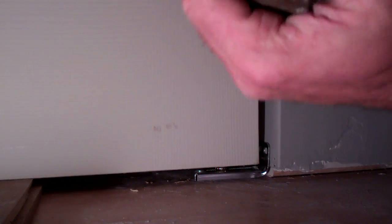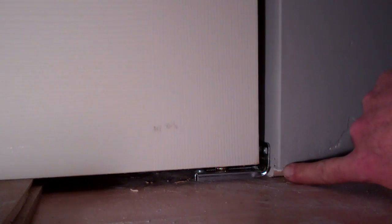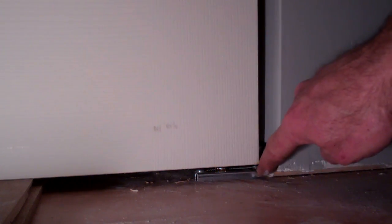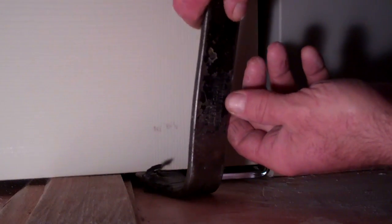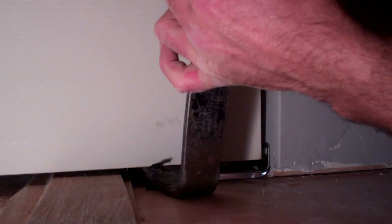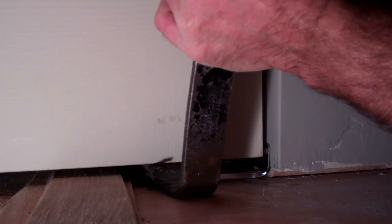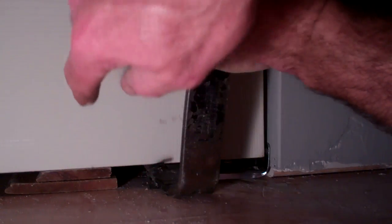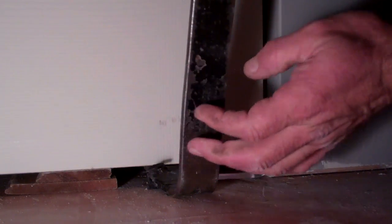Okay, so this is the most uncomfortable video position I've been in. Hopefully this will come out. Corner of the closet. Here's that bottom bracket we installed on the floor here. Here's my shingles. So I'm going to take my pry bar, lift the bottom of the door up carefully. This is a good time to have an assistant handy too to maybe stabilize things, but I'm going to push my two shingles in to the right height, and now hopefully I'll get to show you what I'm talking about with